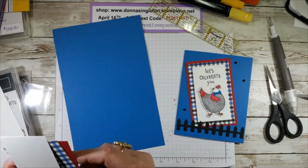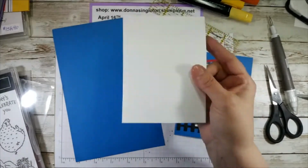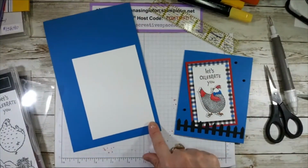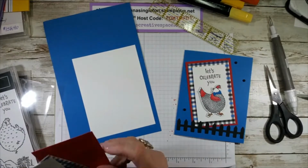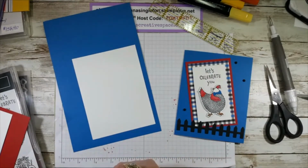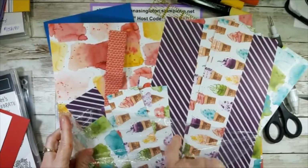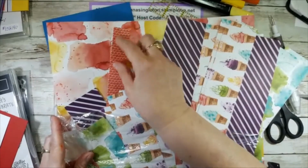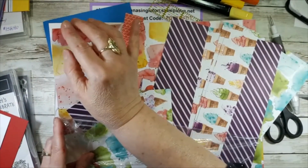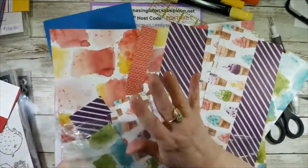All right, so then all the insides will be what I call a matte of basic white, which is 4 by 5 1/4. And then this is, for the last card, I didn't show you, this was where I got this blotchy color, and this stripe is the back of it. You probably saw it when I flipped it over. But this is the ice cream cone